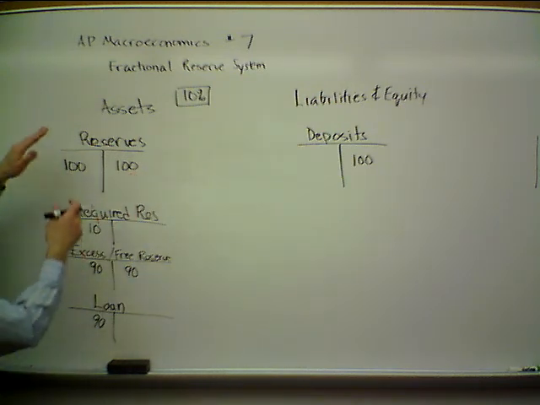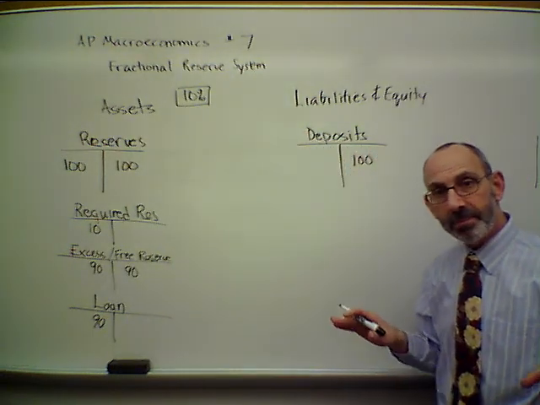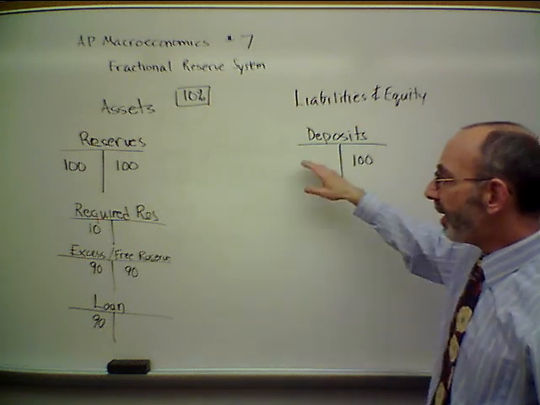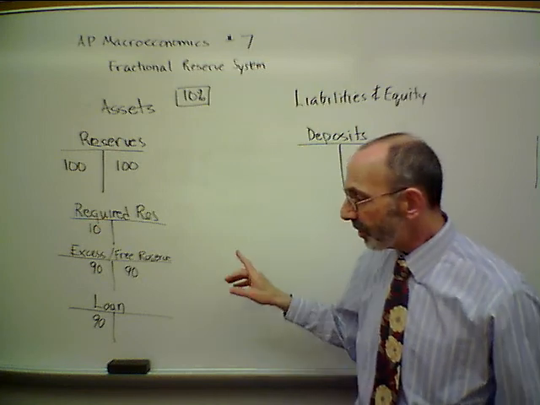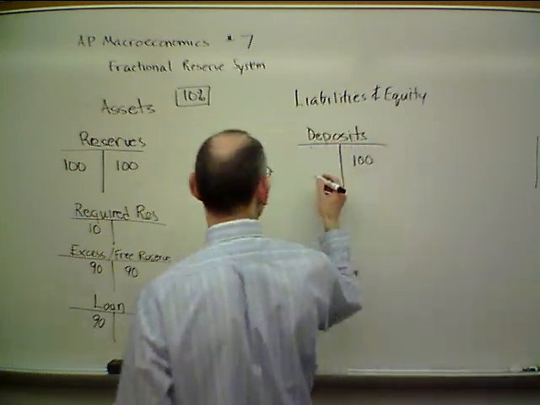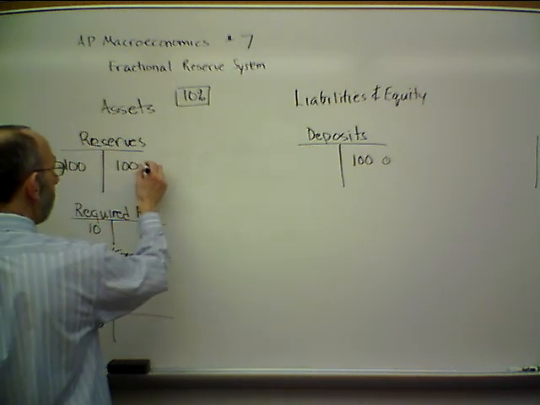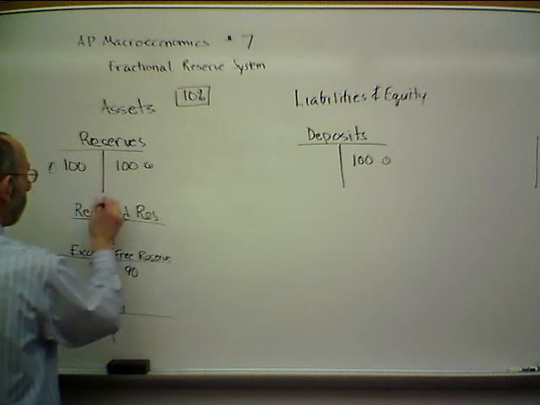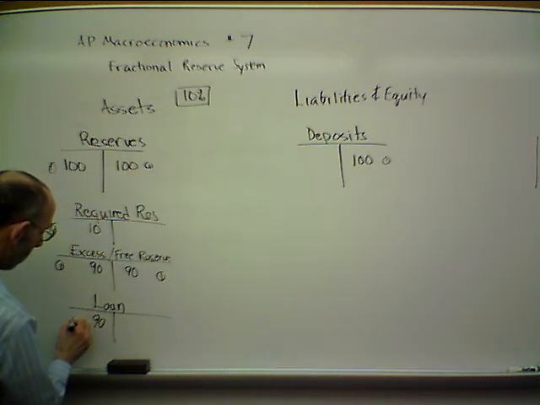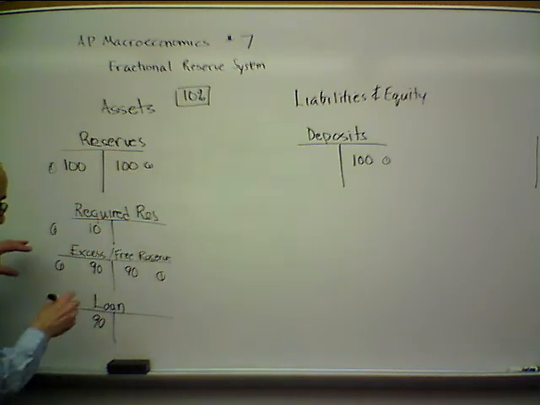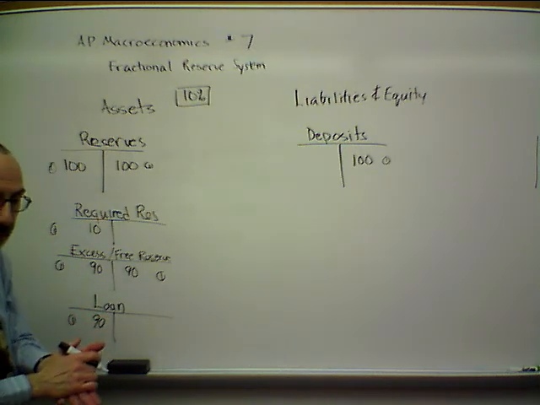10 and 90 is 100 on the left, 100 on the right, and the balance sheet is balanced. That's how the bank allocates the monies it has. The next thing it would do, however, this is step number one, I hope you would write things like 1 and 1, and then actually, if you want, you write 2. I say this is all the first transaction. You might label it with more numbers for the AP, so you can describe what's going on. But I'm just going to say this is all the first round, the first step in the expansion of money